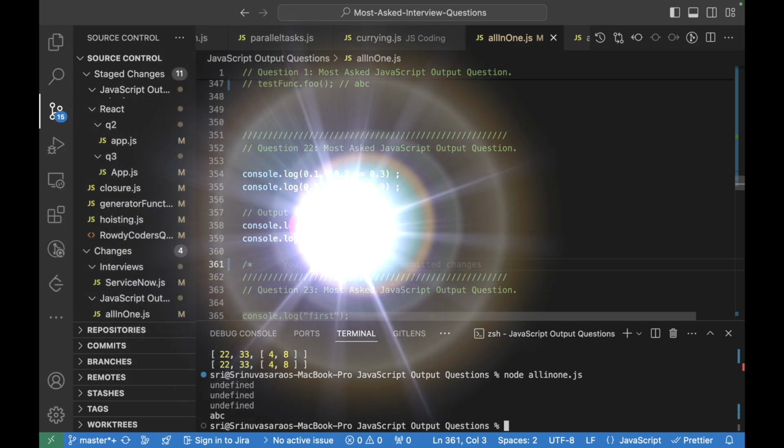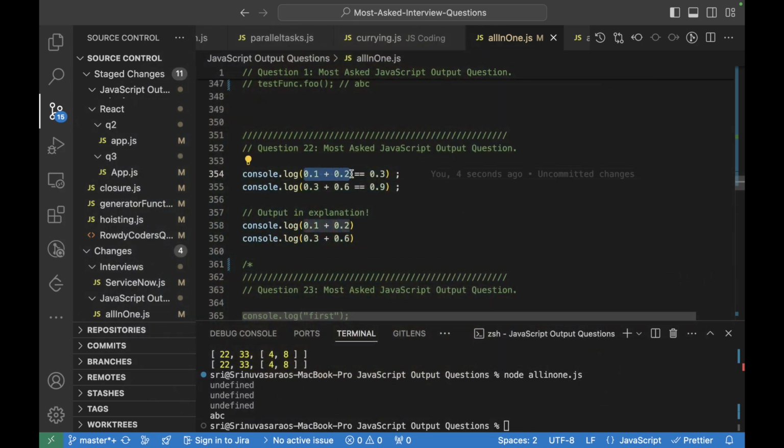So here 0.1 plus 0.2 is checked with 0.3, but one of the weirdest things about JavaScript is, when we try to add 0.1 and 0.2, it won't actually give 0.3. That is the weirdest thing that I have observed recently. So it will give false here, and when it comes to this, this will give a proper result. Let's see how it actually outputs. Based on this output, we can judge this one. So let me run it and show this.